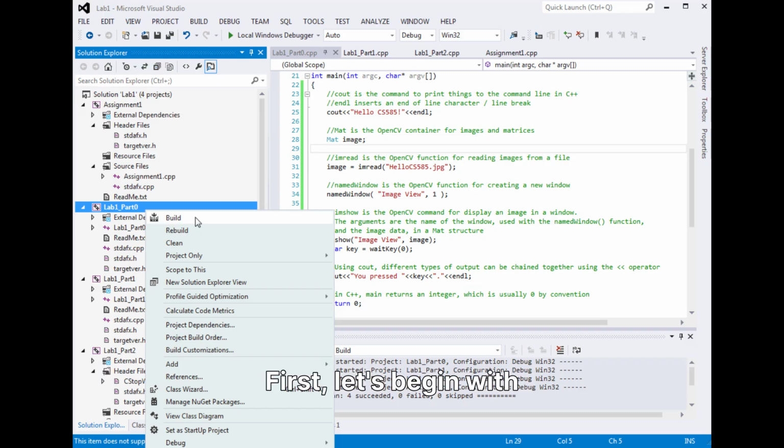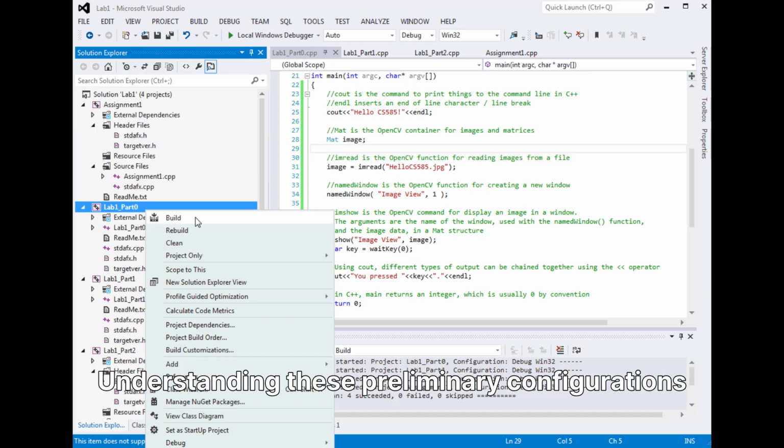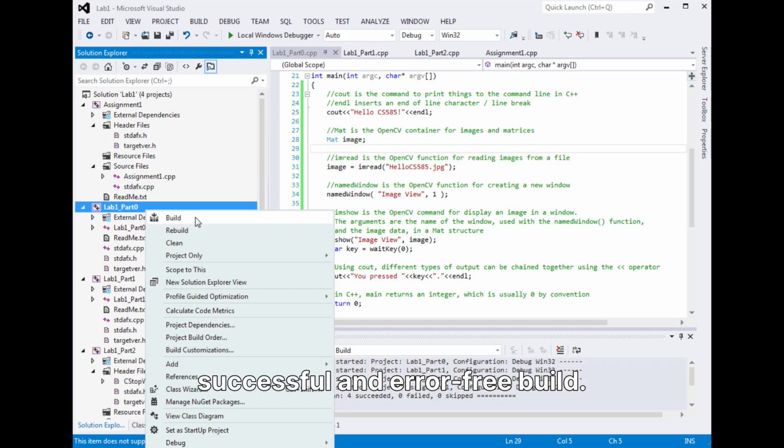First, let's begin with Visual Studio, focusing on the crucial preparation steps before initiating any build process. Understanding these preliminary configurations is key to a successful and error-free build. We'll delve into how to set up your project environment correctly, ensuring all necessary components are in place before compilation